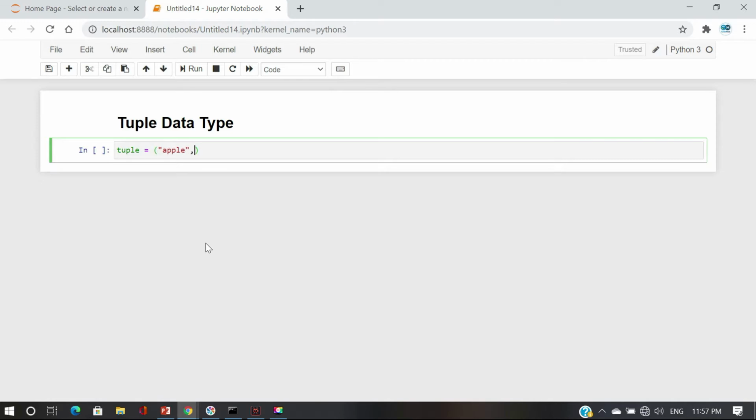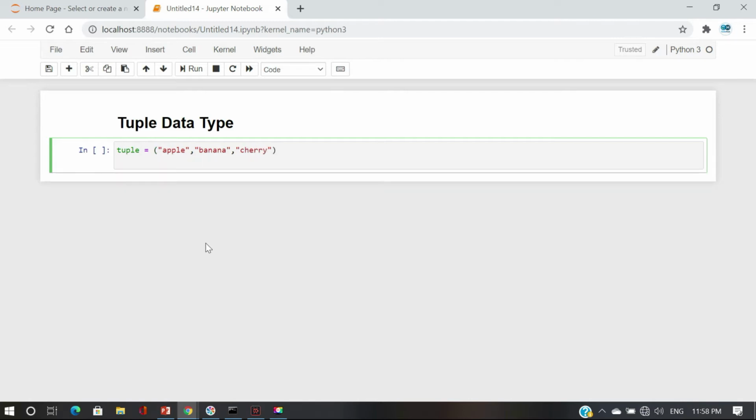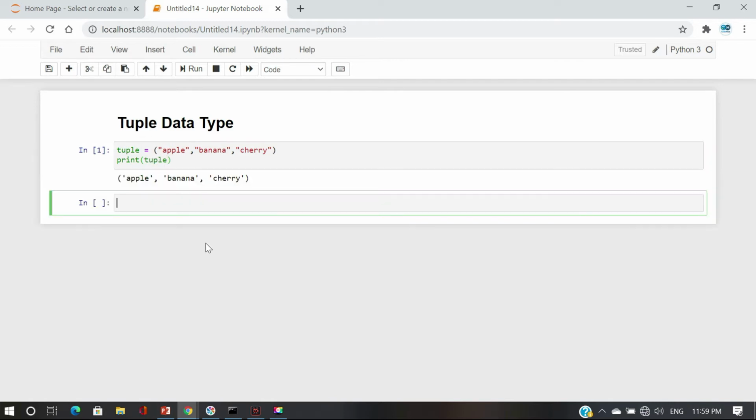Apple, comma, banana, comma, like cherry, and print tuple values. Yes, there we go, in the round brackets.